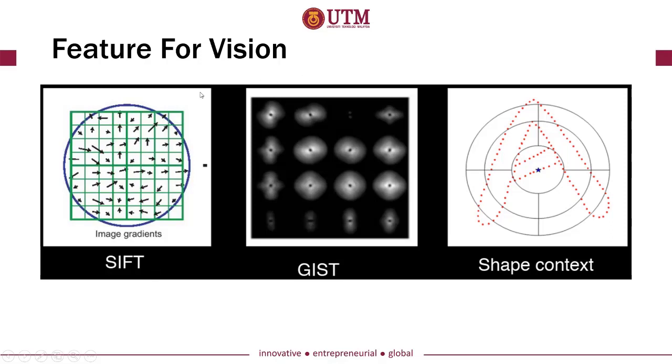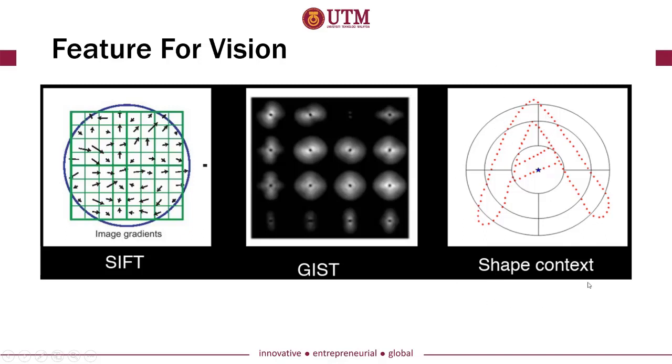Okay, image features. SIFT is a texture-based feature. It will extract some important features which are represented by some figures, and those figures represent the texture of the image. So that's why it is called a texture-based feature. The same goes for GIST. GIST is also a texture-based feature, while shape context is a shape-based feature,